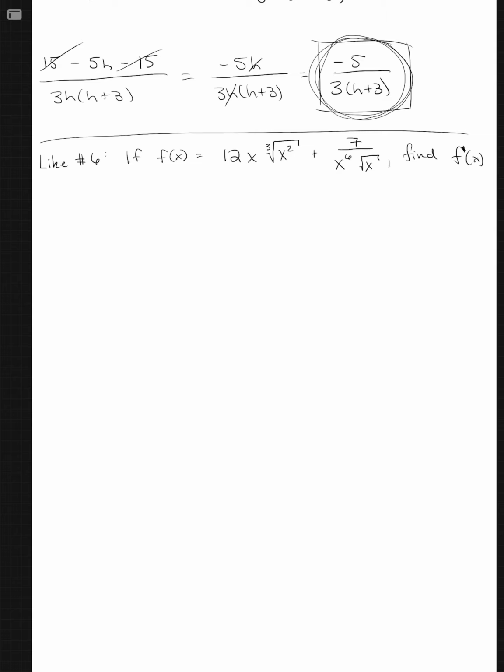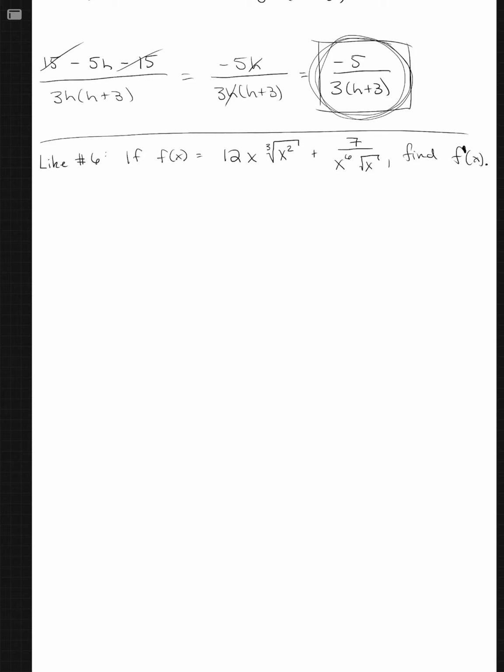So one thing to note here is that this problem does not say use the limit definition to find it. So please don't use the limit definition. I don't want to use the limit definition. That sounds horrible and awful, and I don't want to do it. But since we're just asked to find the derivative, we're not told how to do it, we can